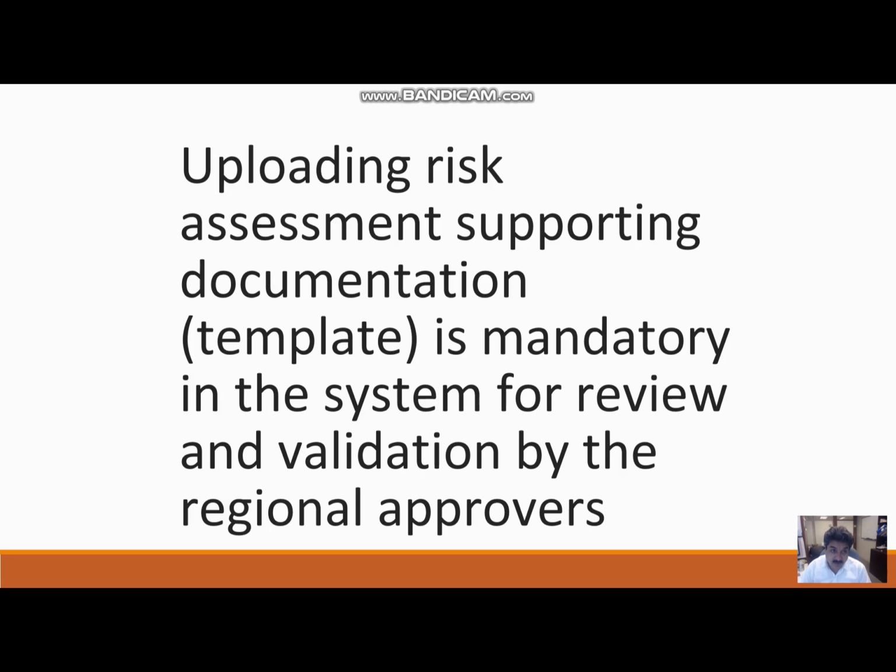Well, quality review of the assessment was always a challenge in the previous launches, because for the validation of the assessment done by the regional approvers, there was a feeling that no supporting documentation was provided to the regional approver before they decide whether the assessment is okay or not okay. So we have added an additional requirement of uploading a file, which you can call a justification file.